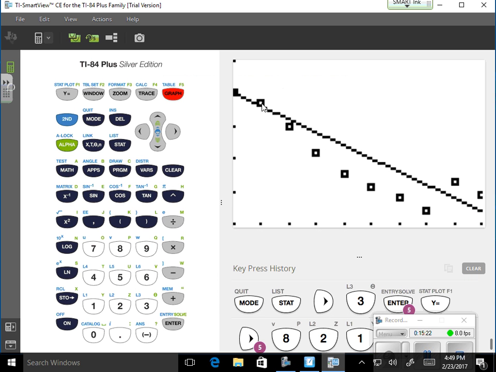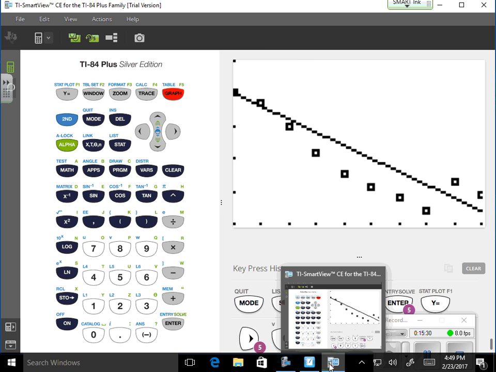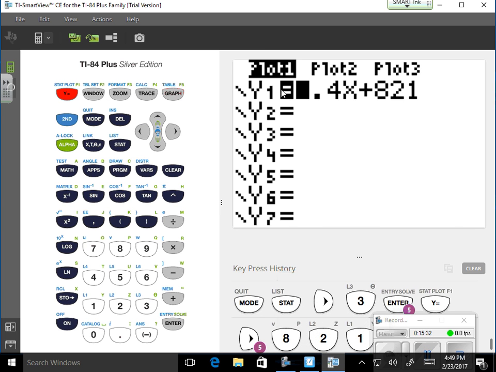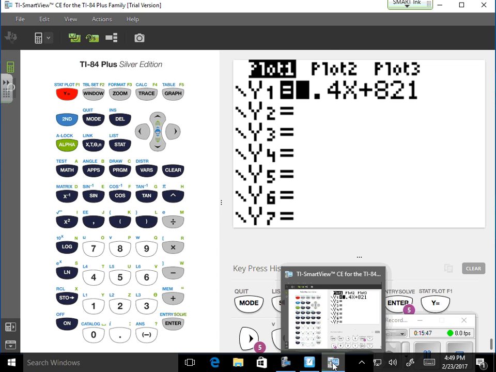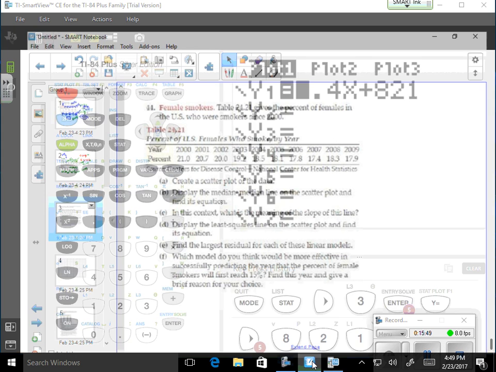So the percent of females who smoke has been decreasing since 2000 to 2009 at a rate of 0.4% per year. So, next thing is